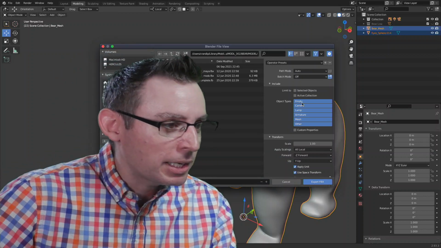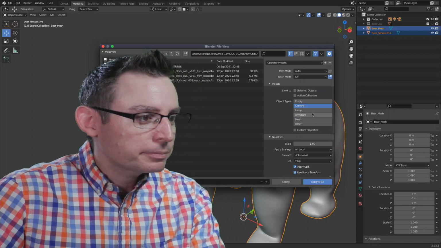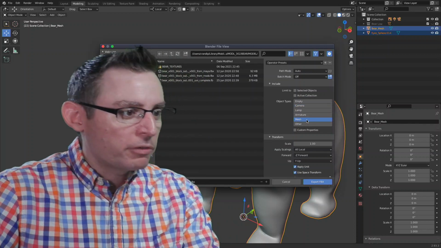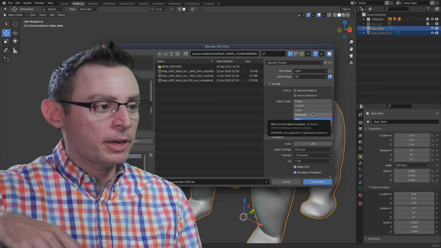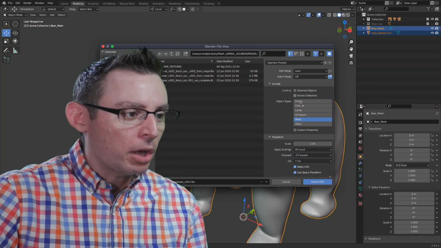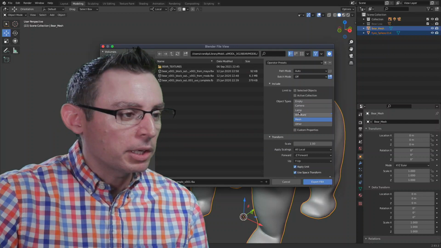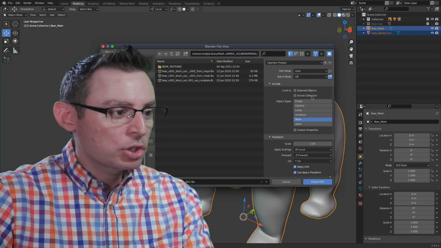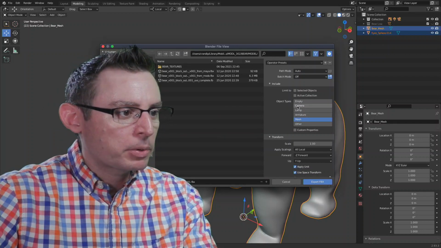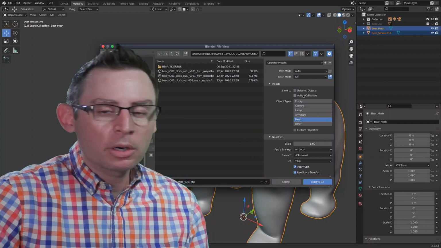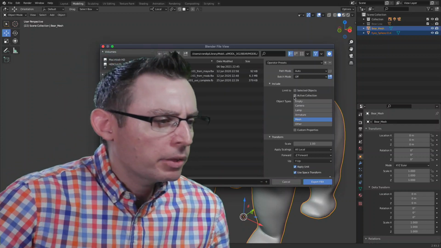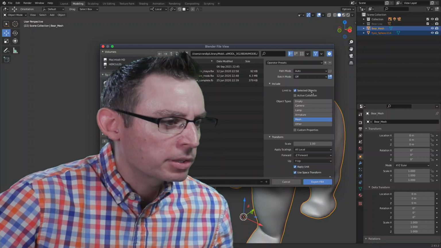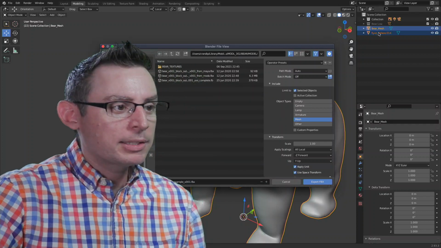Like I don't need my camera. I only want my mesh information. I'm just sending this over to Maya so they can retopologize it, right? I don't need all of this other mumbo jumbo in here. I just need my mesh. So we get to customize our export properties to ensure that we're only exporting the data that we want from Blender. Now the other thing that I like to do is do selected objects and limit, because that's just going